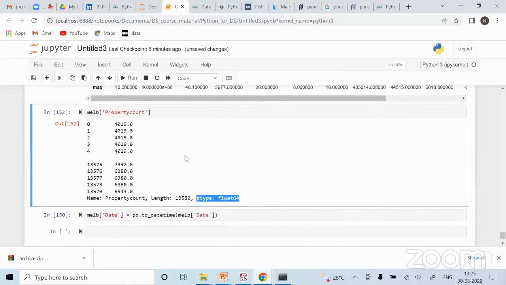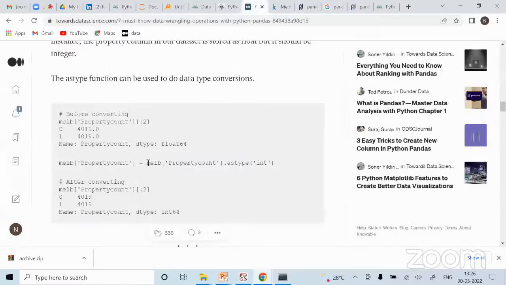So if you do to numeric, it will remain the same, because whether it's integer or float, it is numeric, right? Both are numeric. So that's why you have to specifically mention that make it as an integer, not float. For that, the command is simply astype integer. After converting you will see the zeros are gone, because float means decimal numbers, integer means whole number. Now it has been converted into a whole number.